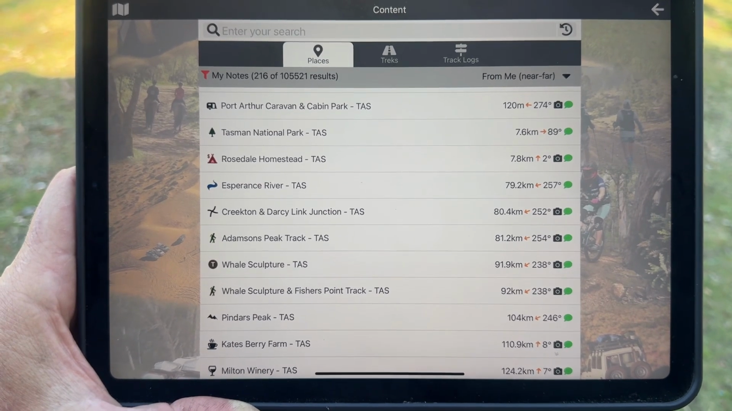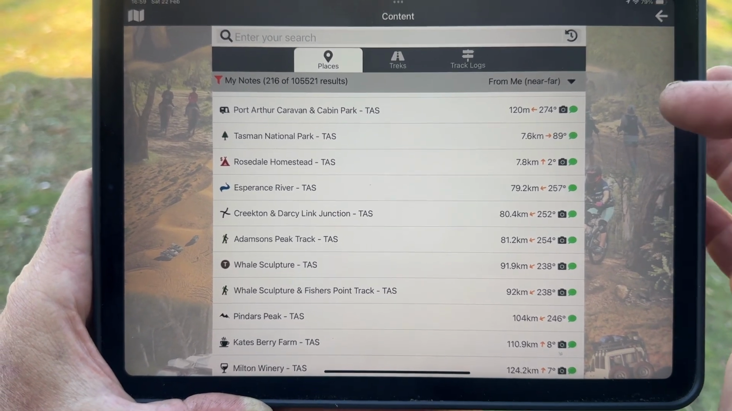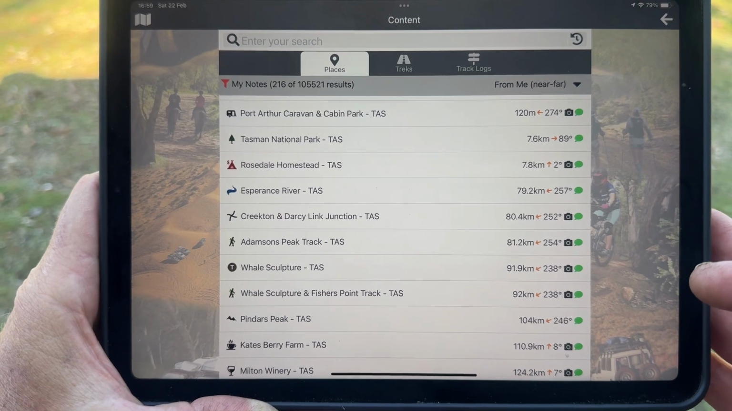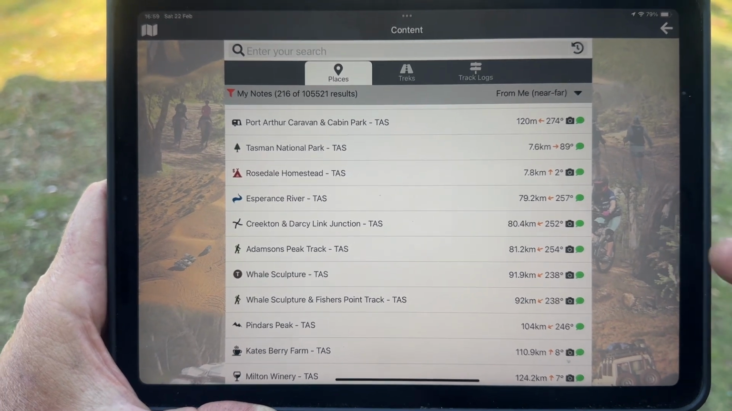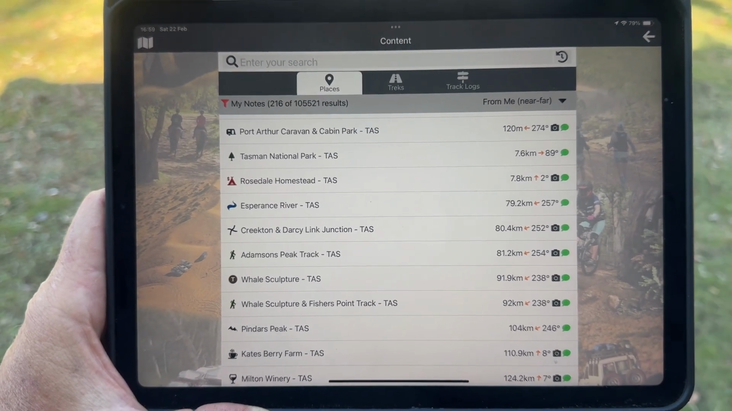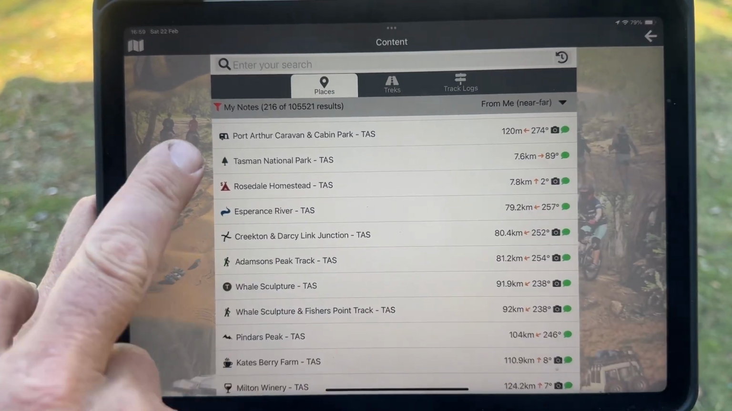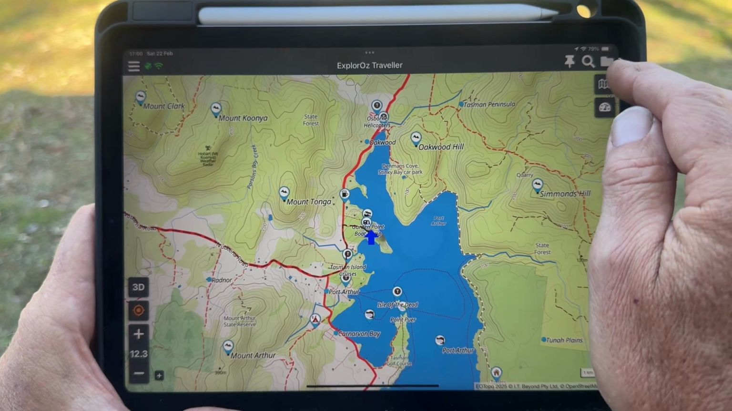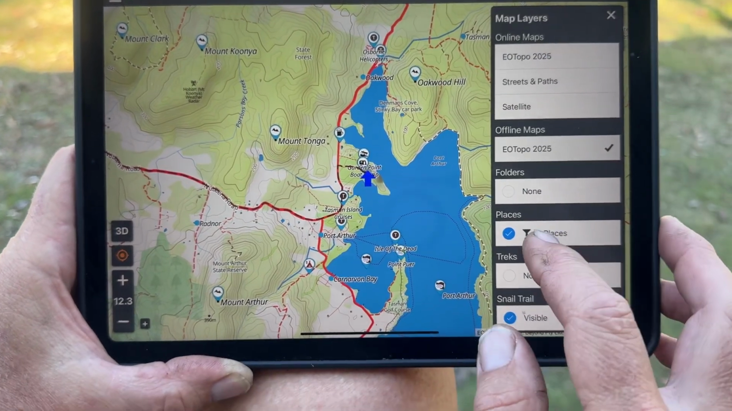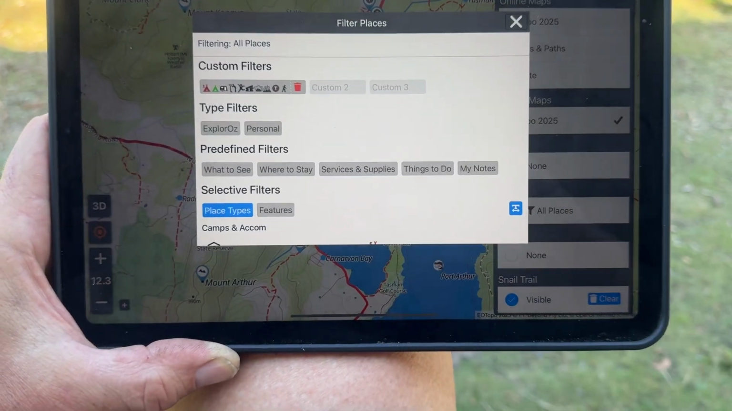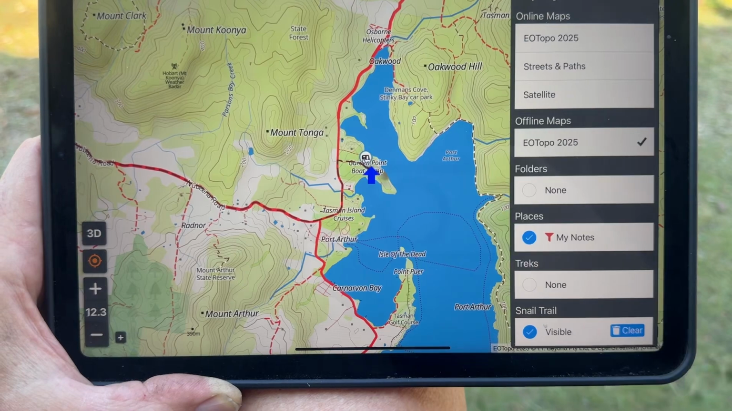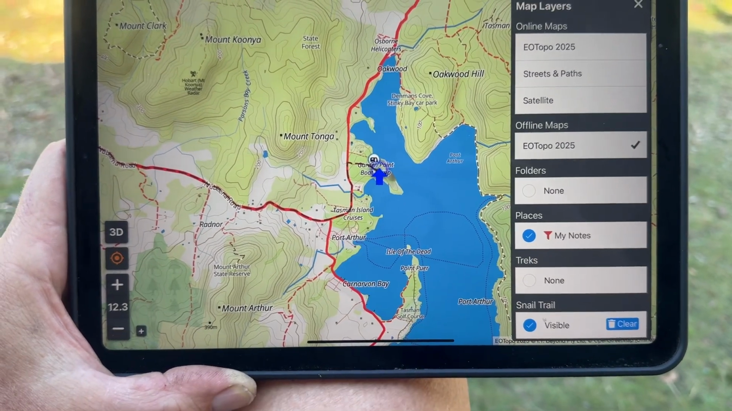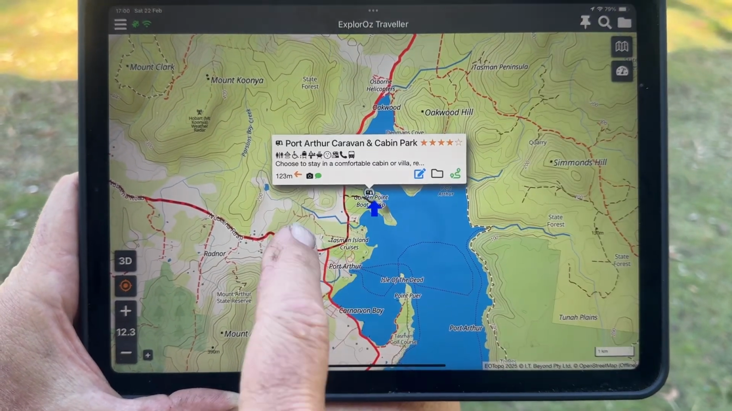So it's a quick and easy way for you to find all of the places that you have added notes to, even if they're not in a folder. You could then obviously come along and add them to folders or not. Using this level of folder system filter, you can actually do it on the map screen as well. If we go into the map layers icon, we click on the filter for places and you'll see My Notes here. You'll see the one that we're at right now, which we mentioned in the earlier thing that had the